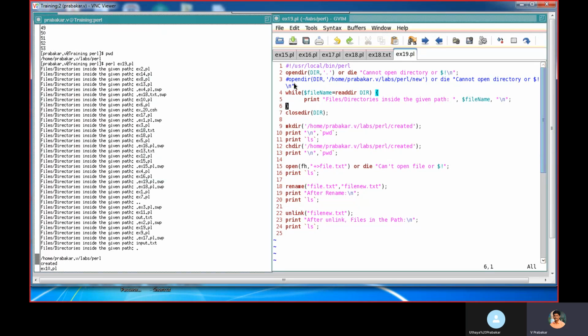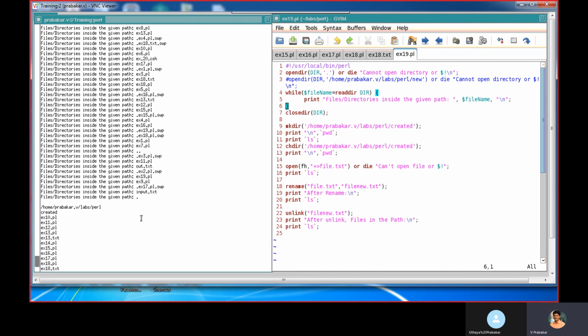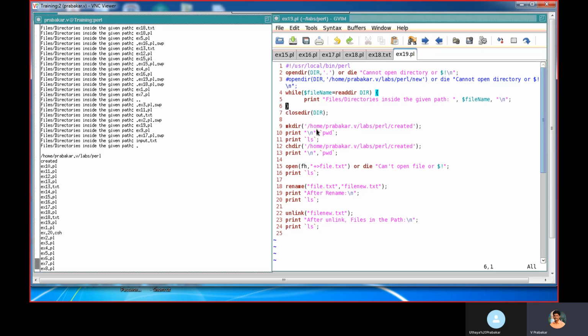Okay. Here for this print, we are getting all the directories, subdirectories and files, swap files and hidden files, everything. So here I created a directory using mkdir. Created is the name of the directory. Using this pwd, we get the current path where I am working.